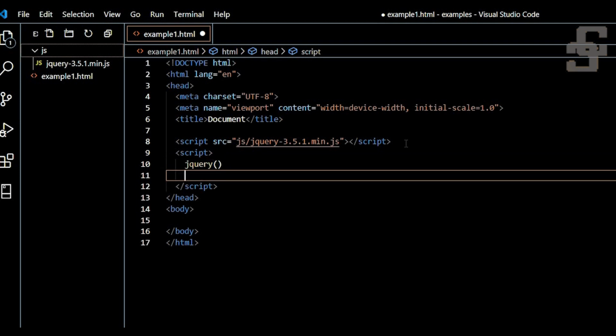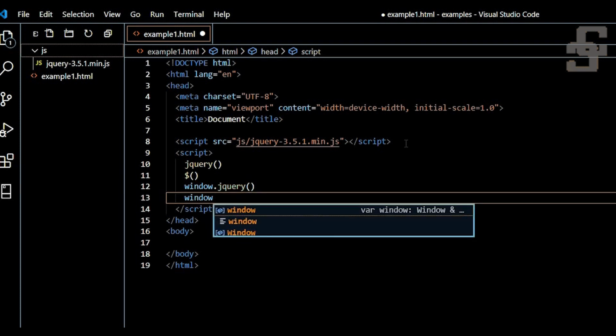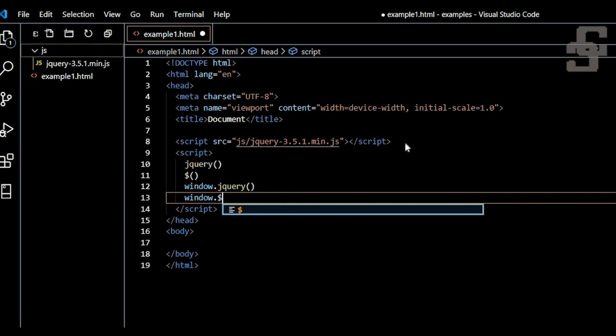The dollar symbol is a short form of jQuery. Instead of using jQuery, we can use the dollar symbol. We can use it like this, or like window.jQuery, or window.$.